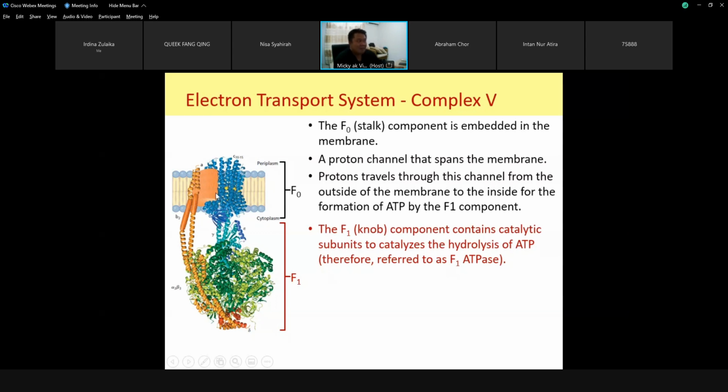akan pusingkan bahagian biru ini, the stock. So when the bahagian biru ni berpusing, the epsilon and the gamma pun berpusing. Okay, dia akan berpusing di dalam ini. Okay, the alpha 3 beta 3 ni ya, alpha 3 beta 3, dia ada 3 alpha, dia ada 3 beta. Okay, so when